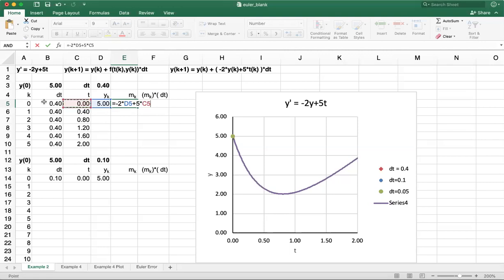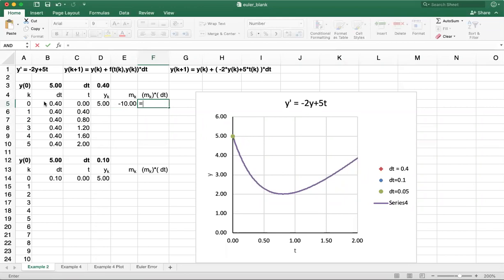Okay, so that way it refers to y, which is in the column just to the left of the slope, and then it refers to t, which is in the column 2 to the left of the slope. So that's the formula for slope. So it's -2 times y plus 5 times t. And then